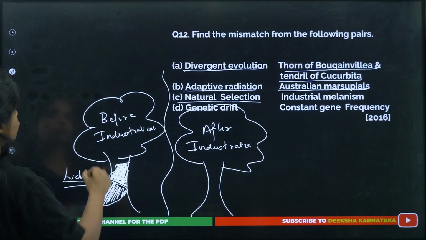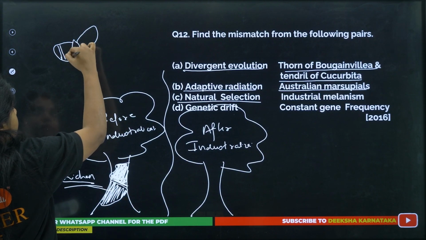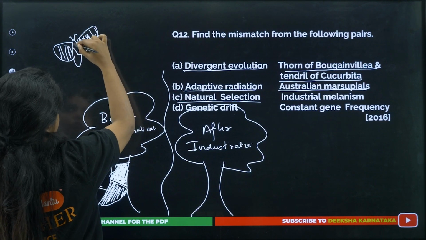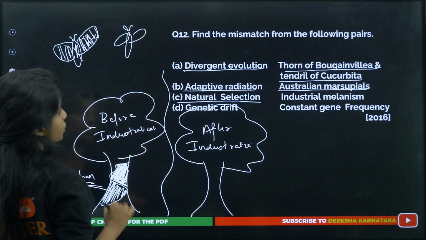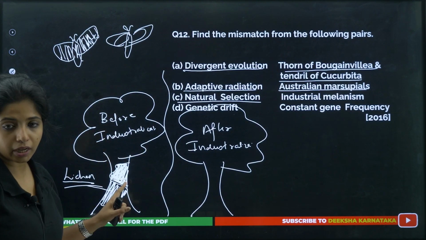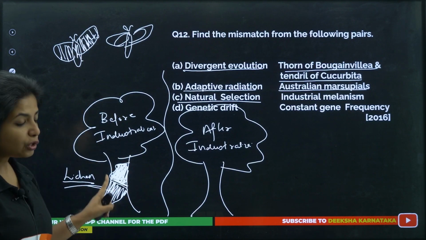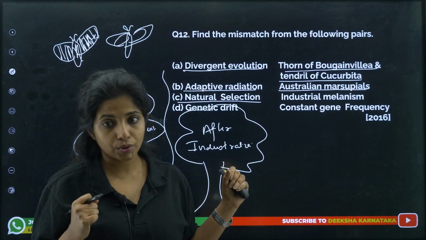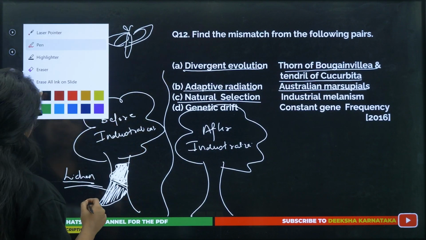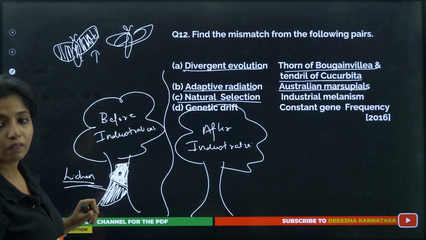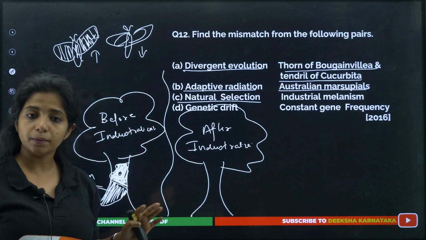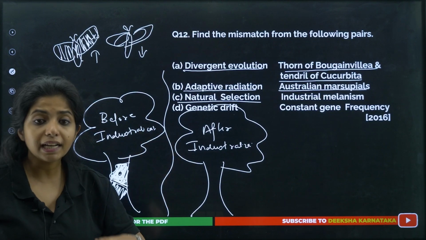Now there are two types of moth, children. One was the white-winged moth, peppered moth. You call this Biston betularia. And there was another one which was basically black in color. This was Biston carbonaria. Now, before industrialization, when this guy sat over here, no predator was able to spot it. So their population increased way too much. But whereas this guy, if you put a black thing over here, it will be clearly visible, and it was being eaten up. So their population decreased. It was not like they were dead, but the population size decreased way too much.